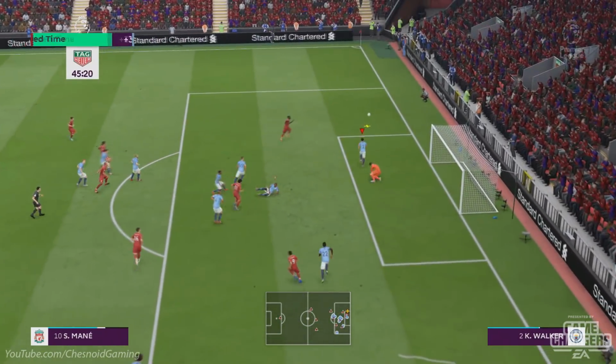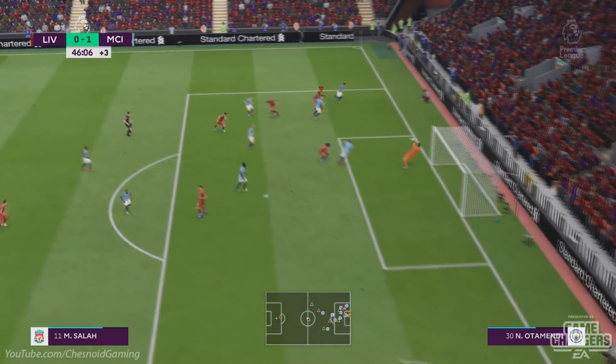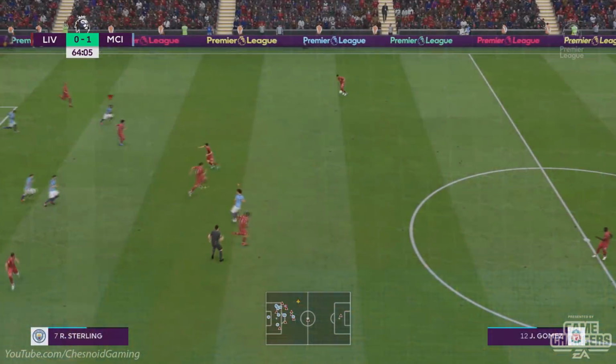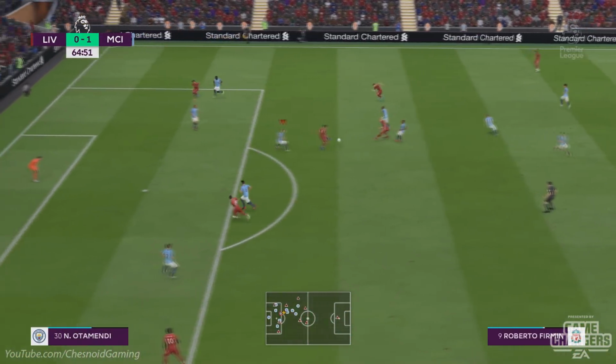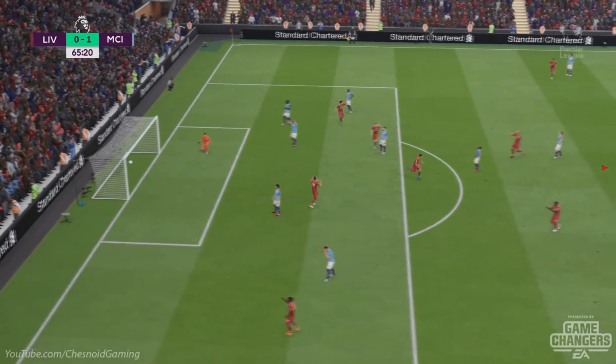In there to Salah, who with much better technique than his previous couple of efforts draws a good save out of the keeper. Mane to Firmino, back to Mane, trying to catch the keeper out at the near post, which seems to be a theme here for Liverpool in that first half. Almost everything they did was aimed at the near post. Really great football from Fabinho. Not entirely too sure how he's done that, but